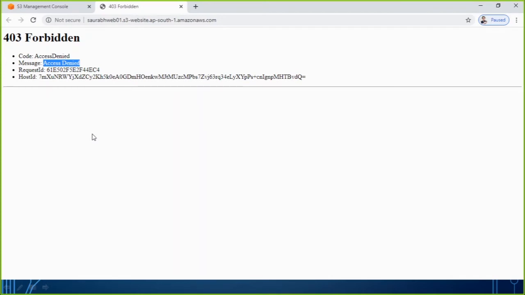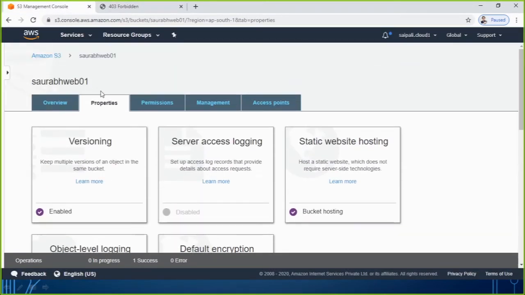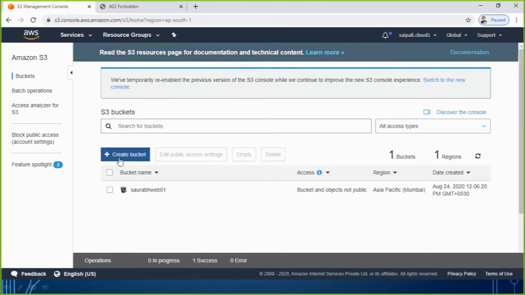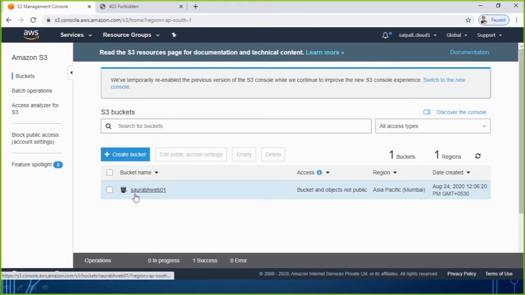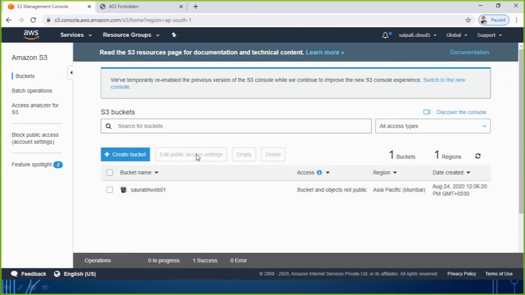Because if you remember from the last session, we discussed that by default when you create any bucket, if I go to any bucket, by default this bucket is not available for public access. You see this option, edit public access settings.